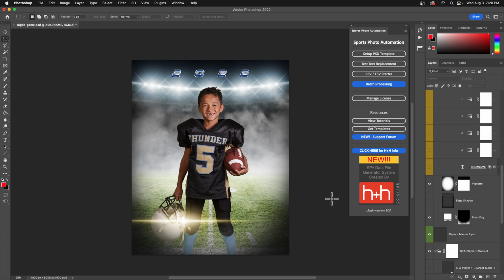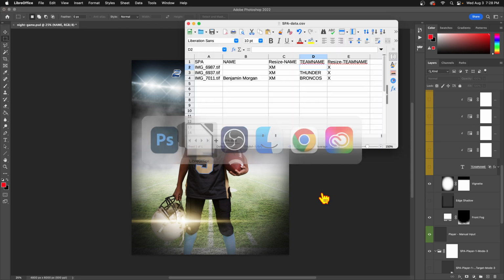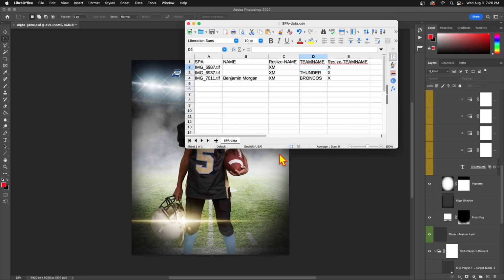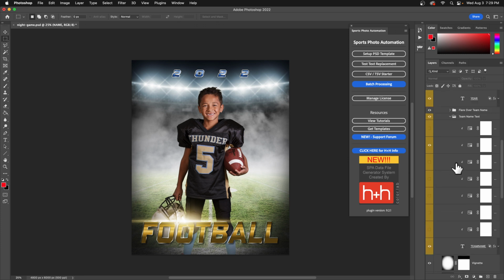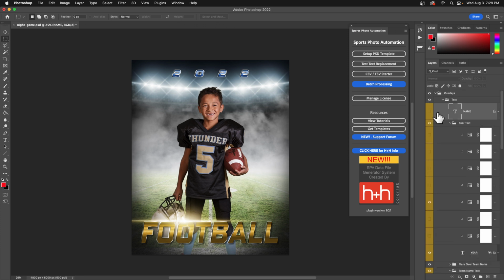So with this new release, it can do both. And there's a couple different ways to do this, so I'm going to show you both ways. First I'm going to show you how it works by default if you have everything turned on in the template. Oh, one thing too before I go into this, I'm going to mention, don't try doing it like this,